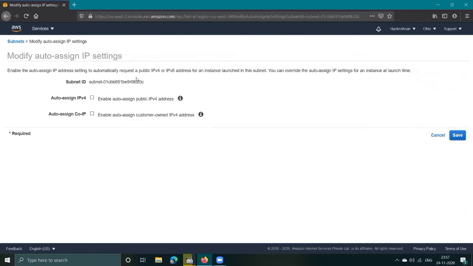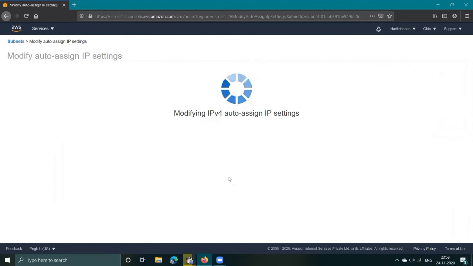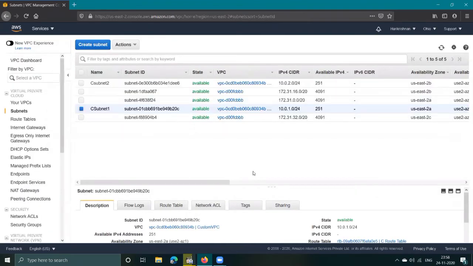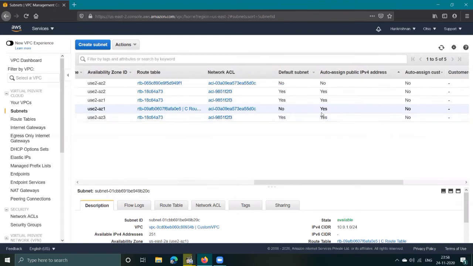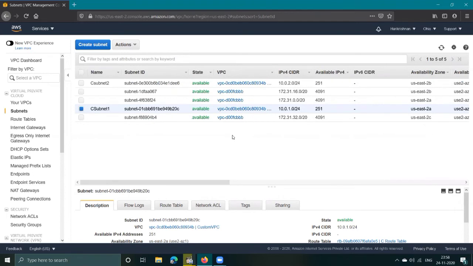You can see no over here. So we have to edit or modify it. Check the box to enable auto-assign public IPv4. As we have to create one public subnet and one private subnet, it is being modified.